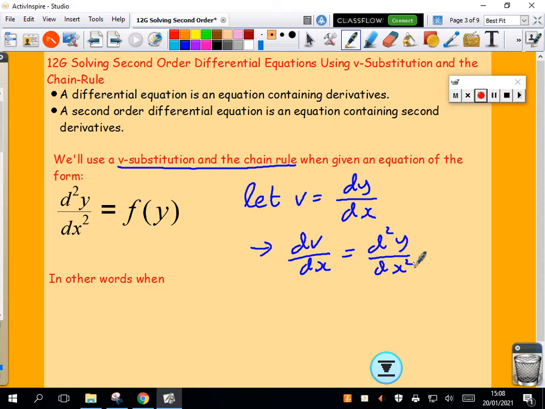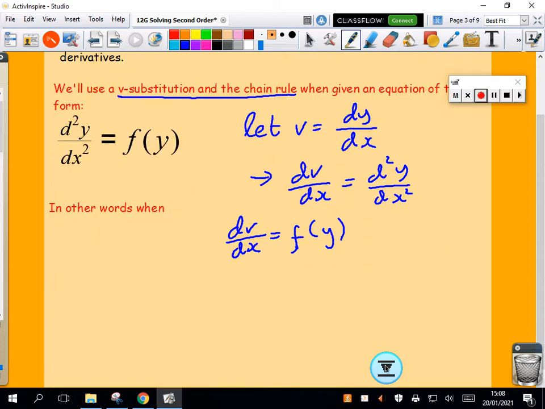Okay, and this is not complete. If I substitute dv dx in here at this stage, dv dx equals f of y, that leaves me with three variables, a v and an x and a y. So let me actually look at that. Suppose I now said dv dx equals f of y. Well, that's a bit of a problem, because now I have v, variable x, and variable y. It's actually more complicated than what we had originally because we have three variables. However,